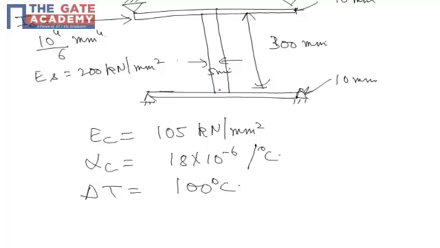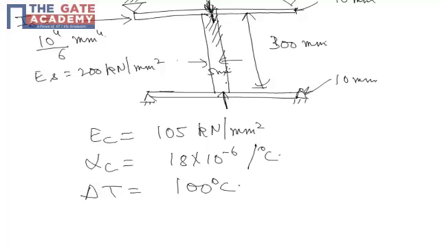But the free expansion of the copper bar is restrained by these steel plates. That is, these steel plates are restraining the free expansion of this copper bar. For example, if the temperature is increasing, that means this copper bar will try to elongate. If it is trying to elongate,